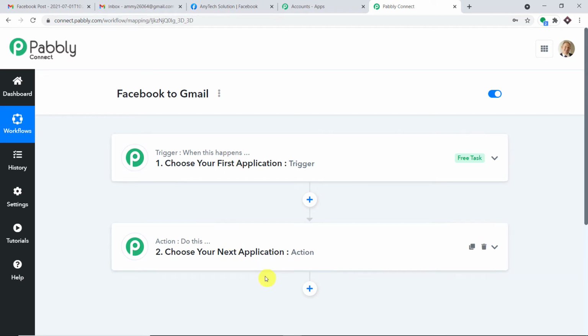So using the trigger window as well as the action window, we are going to create a workflow to integrate Facebook to Gmail. And here I have to tell you something. After we have built the workflow that has integrated Facebook to Gmail, I will make sure the link of this workflow is available in the description box so that you can clone it and directly access it into your account.